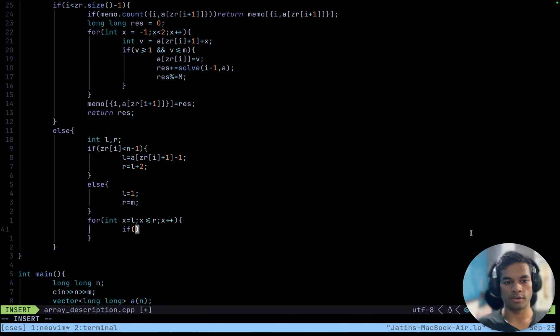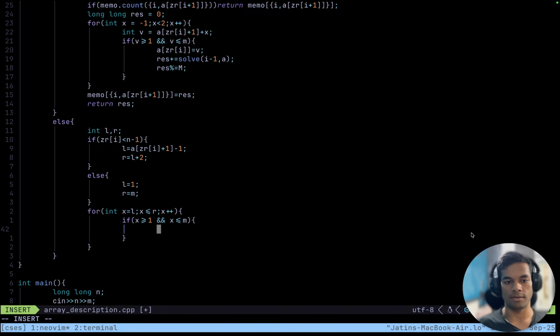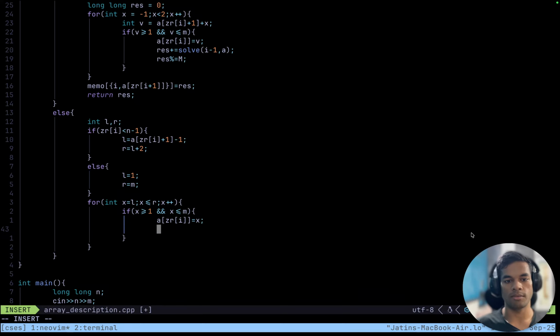Let's first see if x is a correct value. If x greater than or equal to 1 and x lower than or equal to m, only then call the solve function. And before actually doing that, a bracket zri, put the zero's value equal to x, and then solve the function. But before even that,